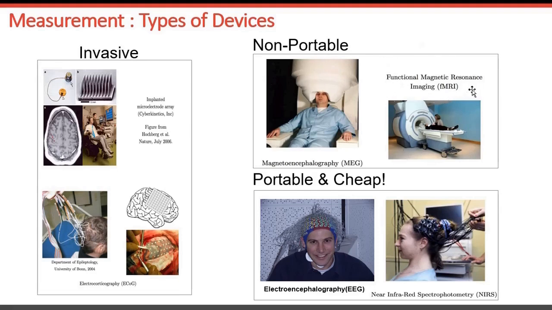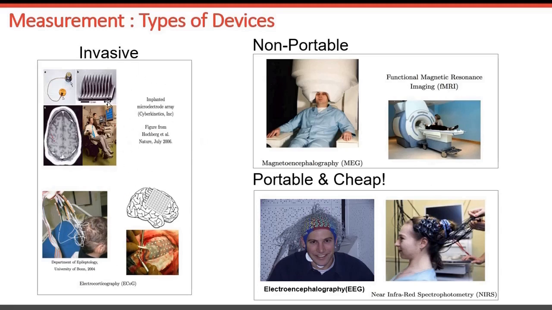Functional magnetic resonance imaging is another bulky system that allows us to measure brain activities with very, very good spatial resolution. Again, MEG records magnetic activities of the brain. In this course, we'll be mainly dealing with electroencephalographic data, EEG-based BCI, BMI systems. And sometimes we can also work directly with the data that represents the brain hemoglobin concentration levels, and also on